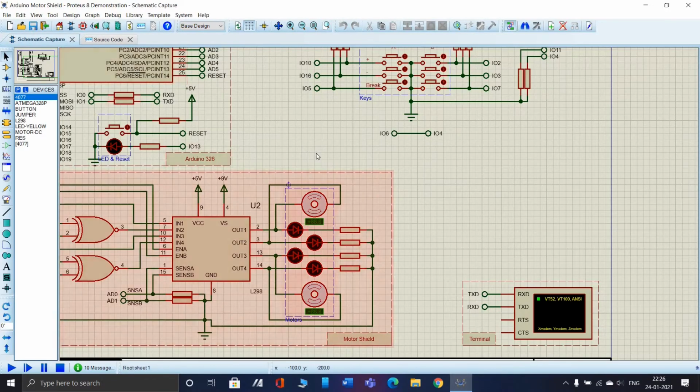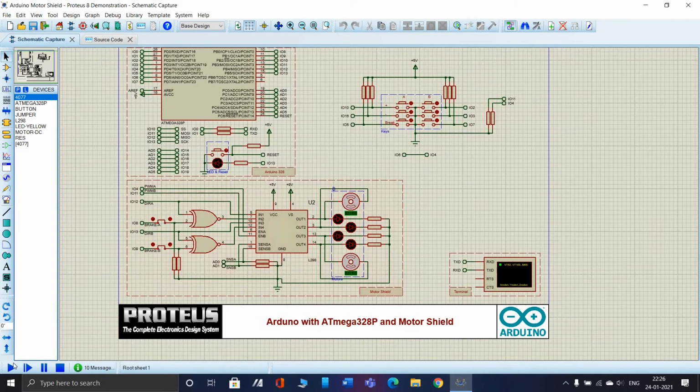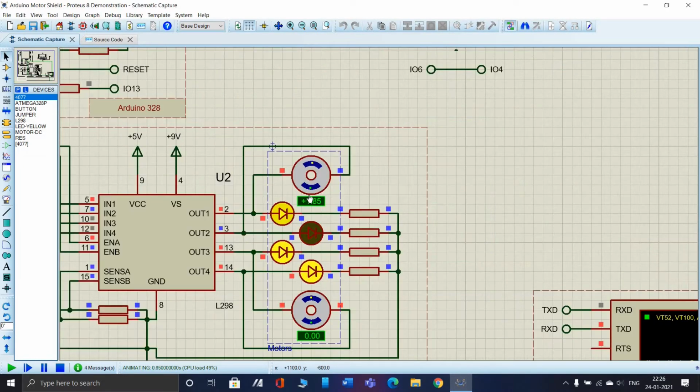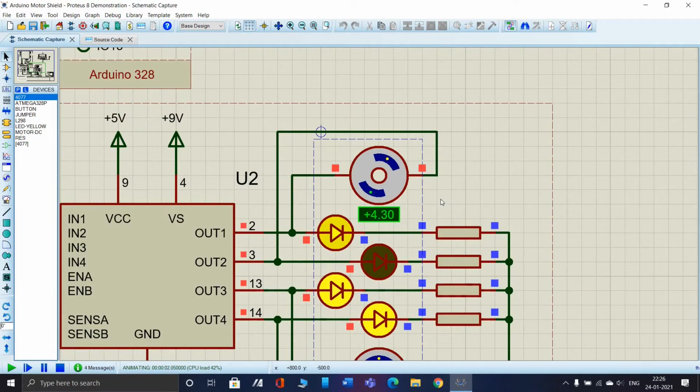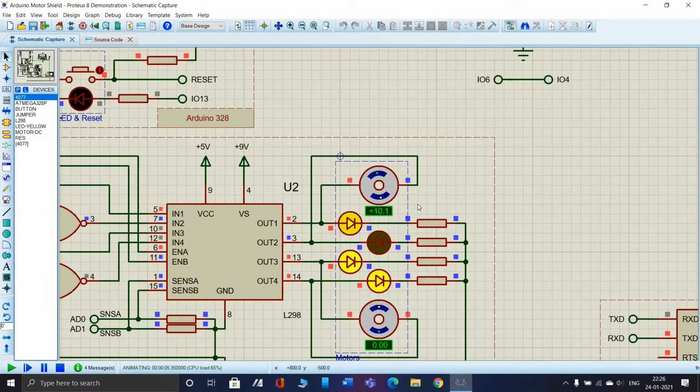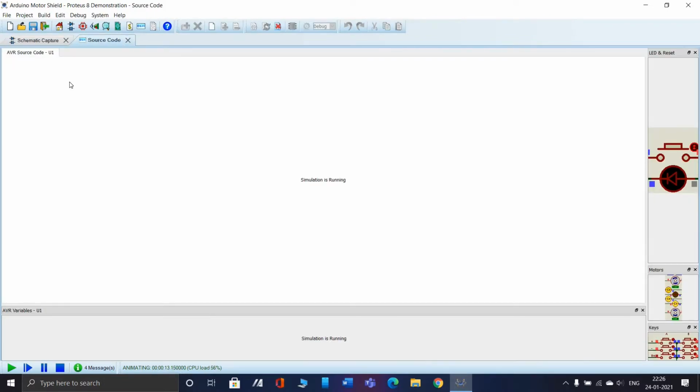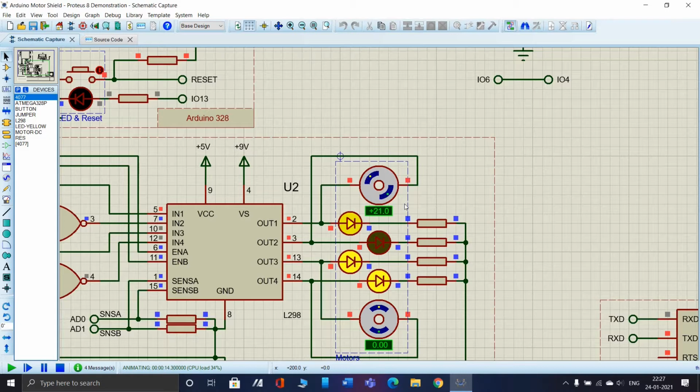Now let us run the simulation. As you can see, the first motor has started operating and it is gathering speed. So right now the voltage supplied to this motor will be 5 times 200 by 255, since the PWM value is 200.